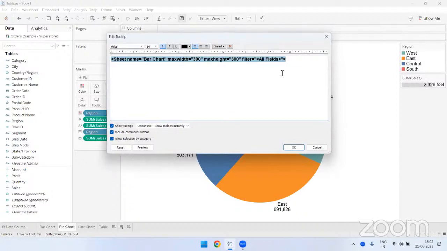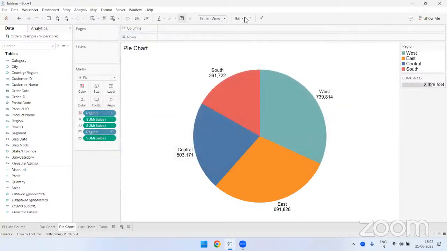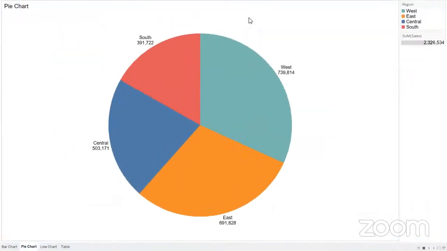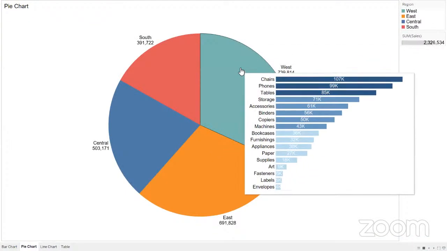Over here, if you see, it shows the information about what is the maximum width of the screen of the tooltip and what is the maximum height. So I can change the width and height accordingly. I can change the width to be 700 and height as maybe 500. So let's click OK. And now when I go to full screen mode, when I hover the mouse, you see,